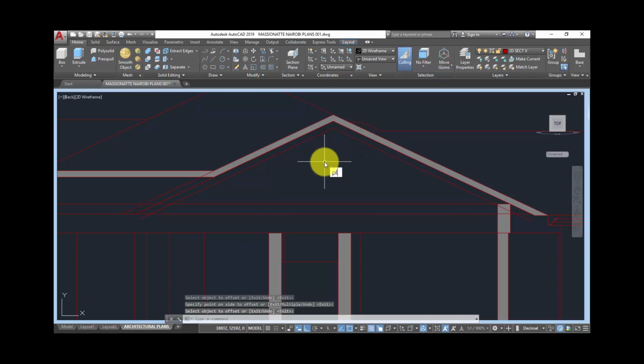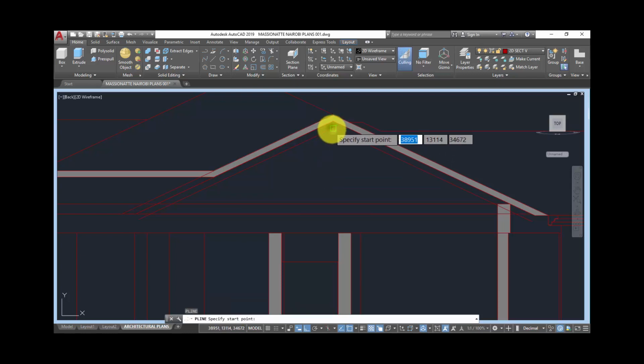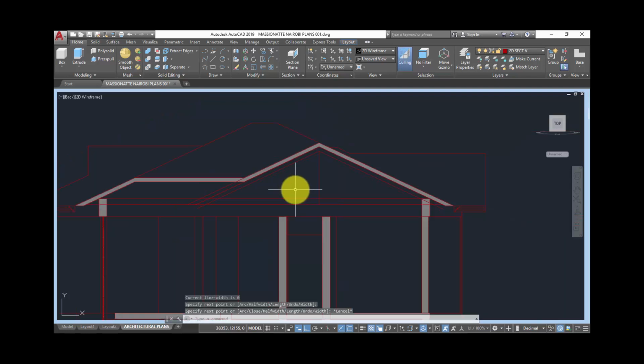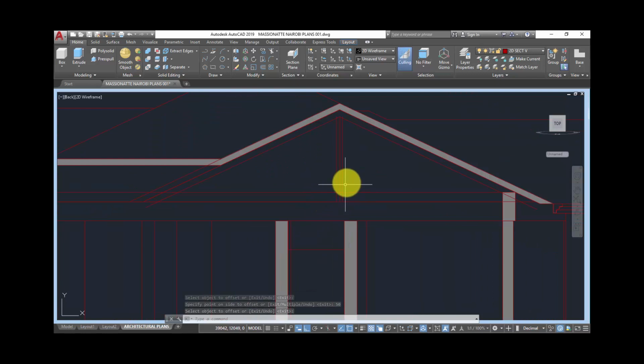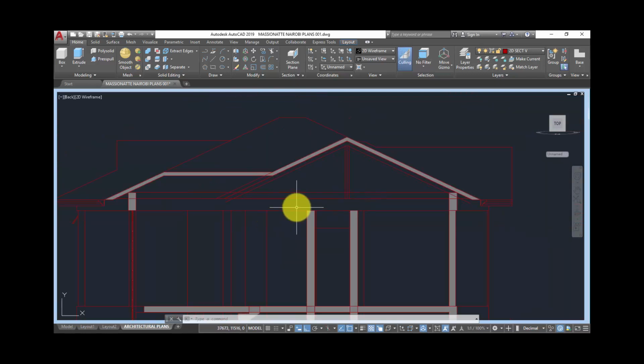I'll draw a polyline here to define the king post. I'll offset that line on either side 50 units. Now I will copy this line in the mid of these other sides.